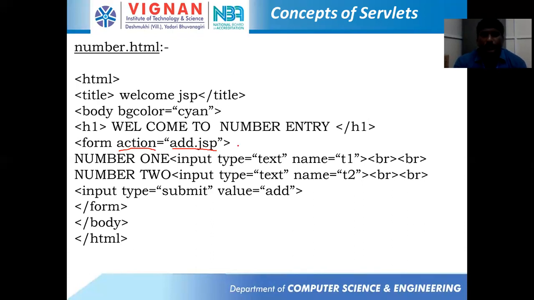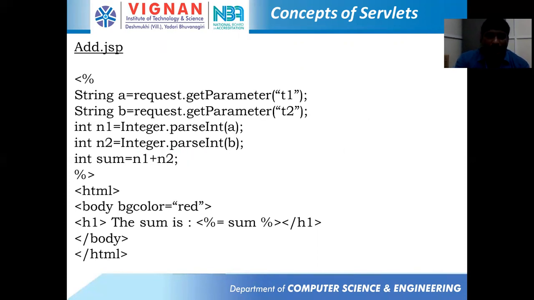So in JSP we need to retrieve the values from the corresponding text boxes. The names of the text boxes are T1 and T2. Okay. Next file is add.jsp. See, I'm using a scriptlet here, the third way, right? I use the scriptlet JSP element because it contains many lines of Java code. First, the request object is available by default. request.getParameter by passing T1, and request.getParameter T2, which will be placed in string objects a and b.